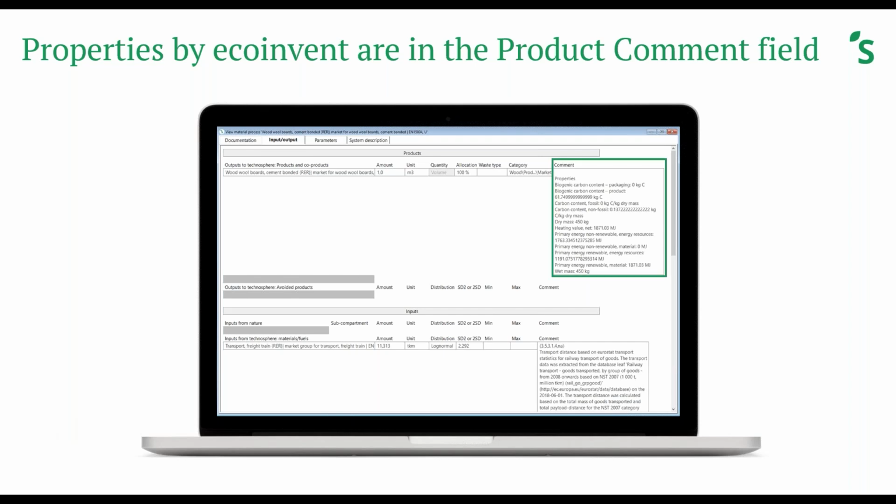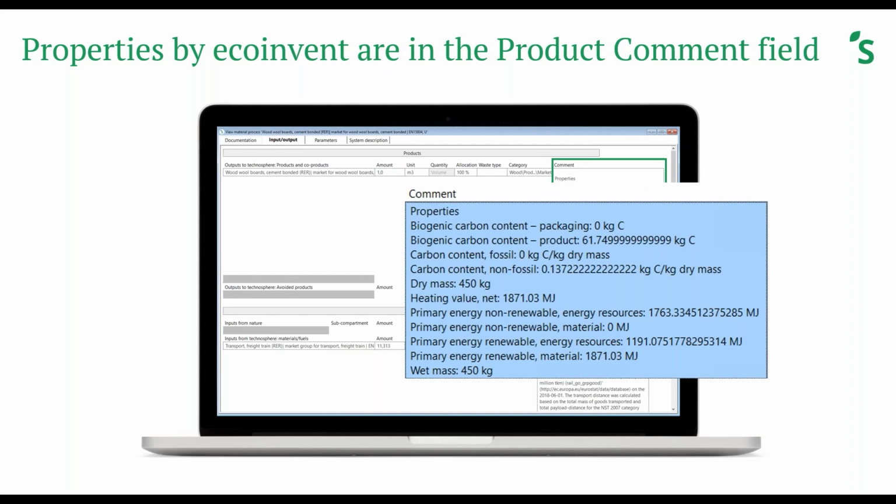Yeah, so that is now in the green box, and there you have all the information you need to do a proper modeling of these indicators. So the information in this comment field is as ecoinvent supplies it with the product, so with this process.